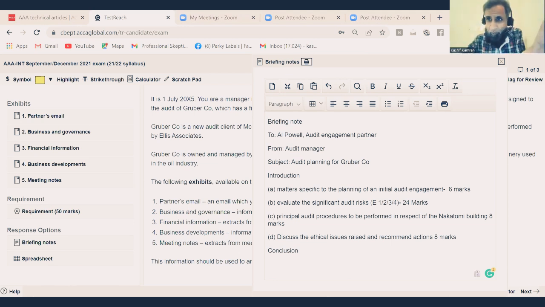Now, once the briefing note is ready, it is very easy to spend time on the briefing note and to fill up the briefing note, right? So that's exactly what I will be doing now. I will just be filling up the briefing note and guiding you about more tips and techniques. Is everyone clear so far, so forth, what I've done? Please respond so we proceed further.